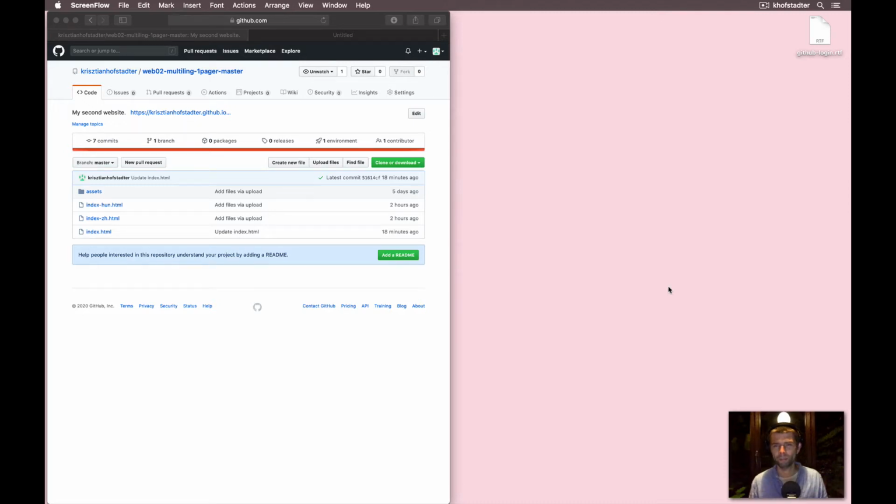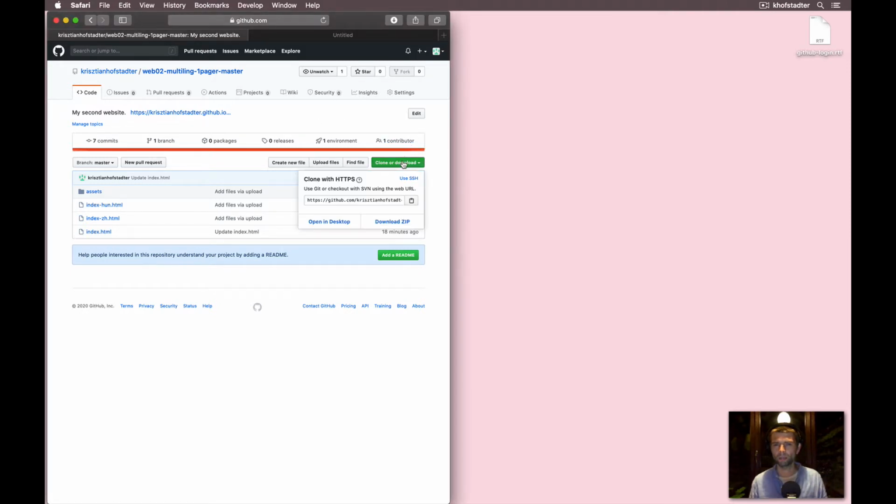In this video, we will use an app called GitHub Desktop to clone our repository to the computer. And then after we made some changes and previewed the changes on the computer, we will re-upload the files to the online repository with the same app, GitHub Desktop. Okay, so we could click on the clone and download button again, and instead of download zip, which we did in the previous video, you could actually just click on open in desktop, because if you haven't